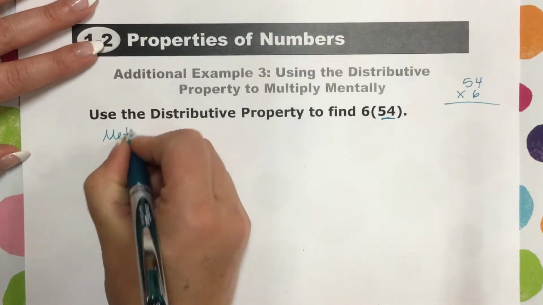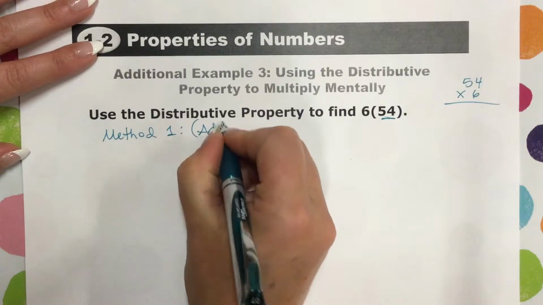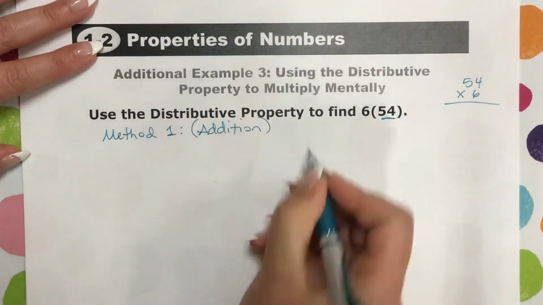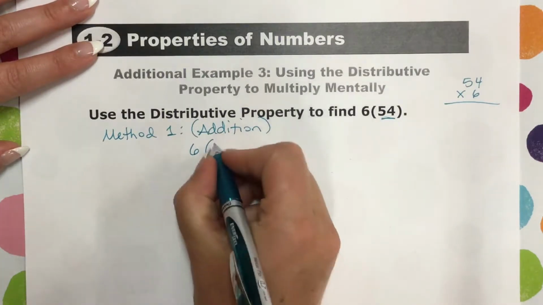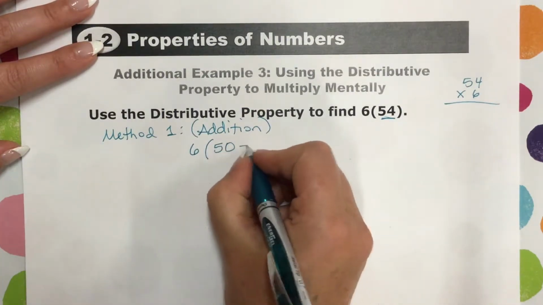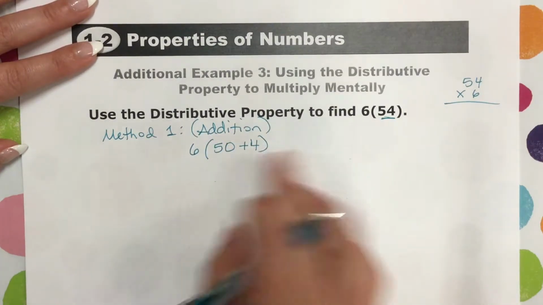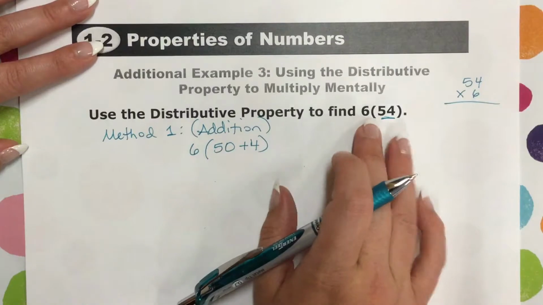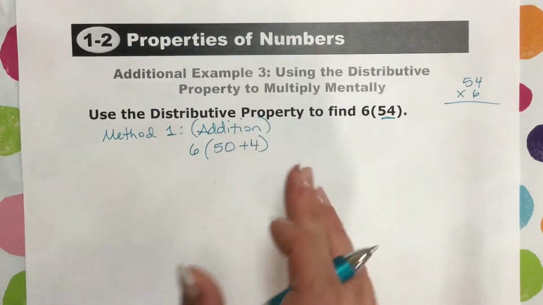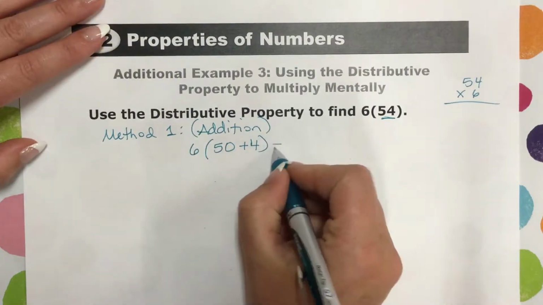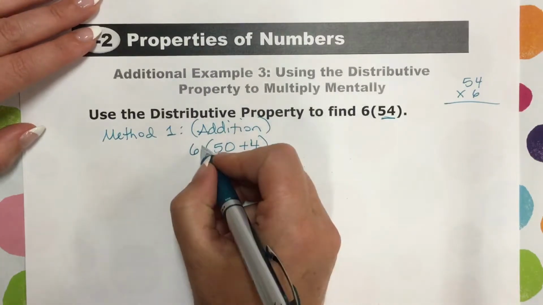So the first thing, method 1, is using addition. What I know about 54 is that 54 is the same thing as 50 plus 4, right? 50 plus 4 is the same thing as 54. So you're just going 6 times 54, but I'm just writing the number 54 differently, and they really mean the same thing. So then we're just going to use the distributive property. So we're going to go 6